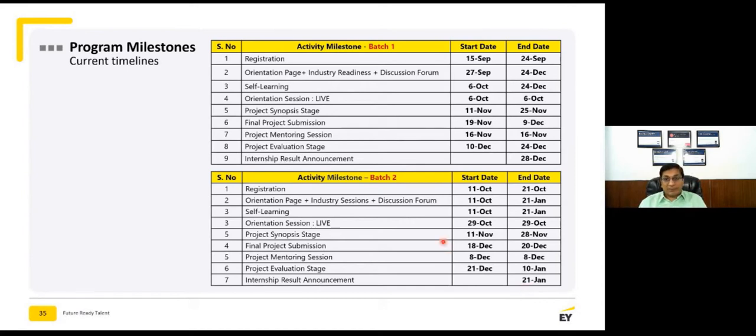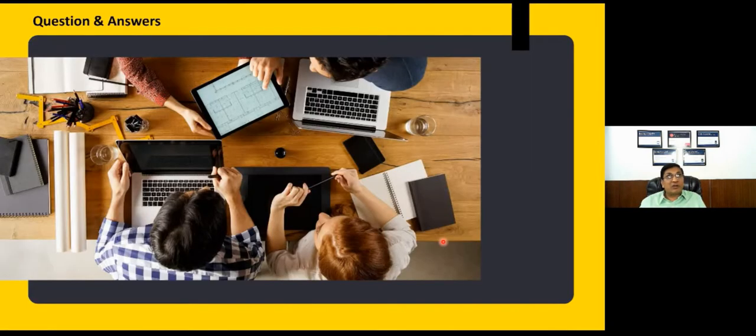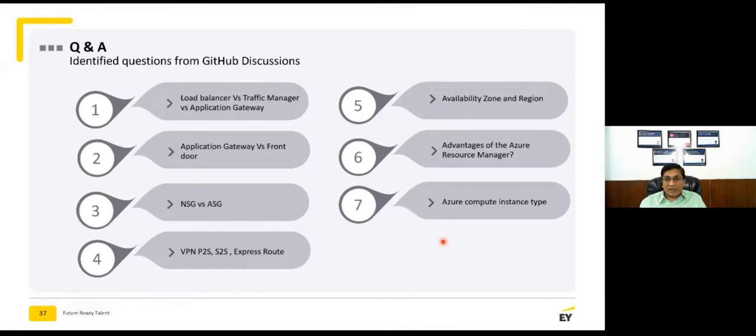So with that, I will move to the Q&A section. I'm very well aware that we are already past 6 p.m. So we will quickly cover some of these aspects in terms of a few of the queries